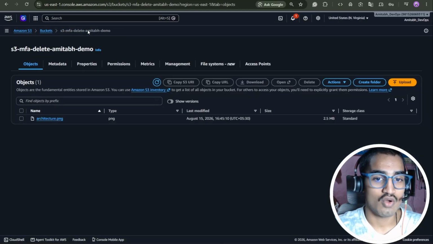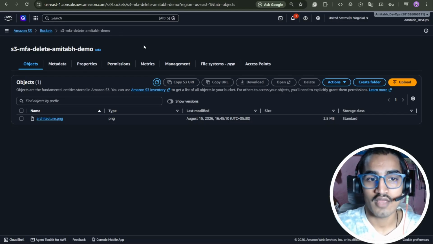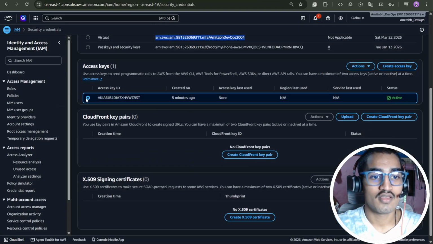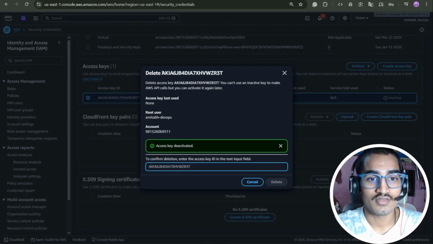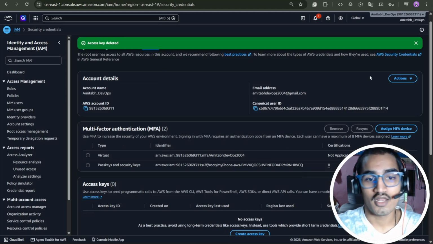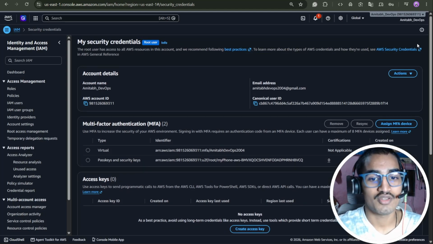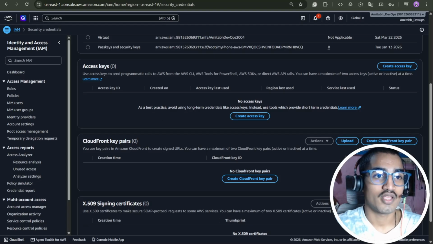So I hope you understand how you can set up MFA delete for the objects contained inside your bucket. It is very easy to enable and disable. I will provide those commands in the description and you can try it out. And the next step is to delete the access key and the ID, because it is not recommended to create them as a root account. The root account is necessary to create and enable this MFA delete,